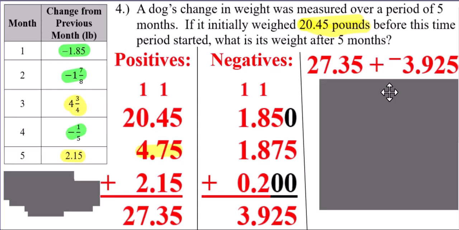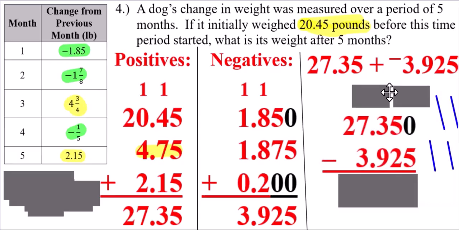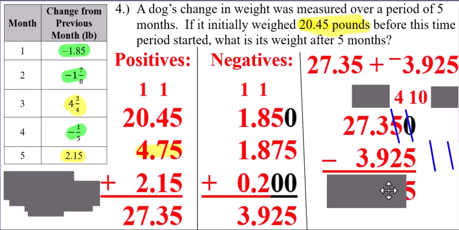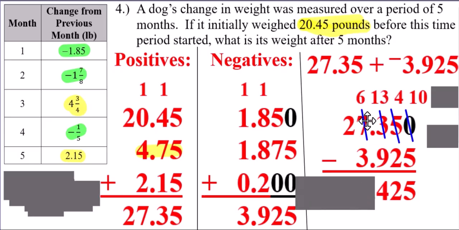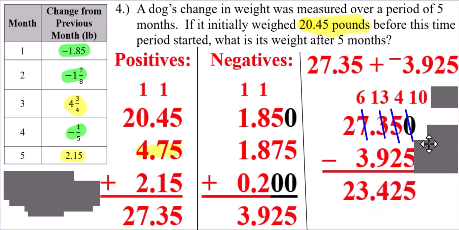Add that to a positive, you're now going to have to subtract their absolute values. And this is going to involve a little bit of borrowing. Now notice I had to put a 0 here to line up the decimal points. So I borrow, that 5 becomes a 4, the 0 becomes a 10, then I can subtract and get 5 and 2. I need to do some more borrowing since the 3 was smaller than the 9. The 7 would become a 6 and the 3 would become a 13. 13 minus 9 is 4, 6 minus 3 is 3, and 2 minus nothing is 2, giving me